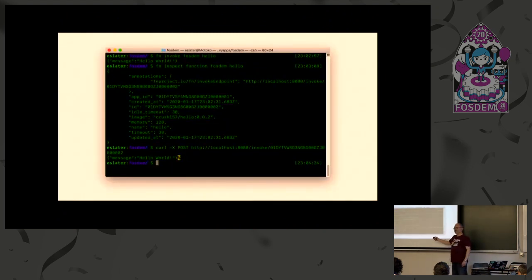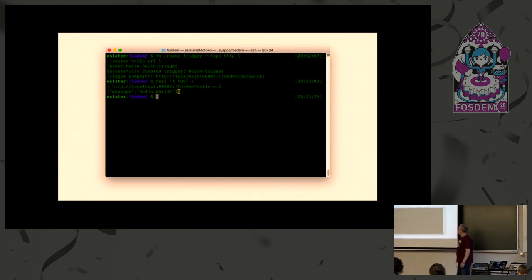So from the command line, fn invoke FOSDEM hello world. Now, obviously, you're not going to be invoking it from the command line most of the time, so you can do an inspect of your function and you get that beautifully memorable URL, which is the one that it's using internally. You also see things like there's an idle timeout on the function, which I'll talk more about in a sec. And you can do a curl to that URL, but it's easier if you can create